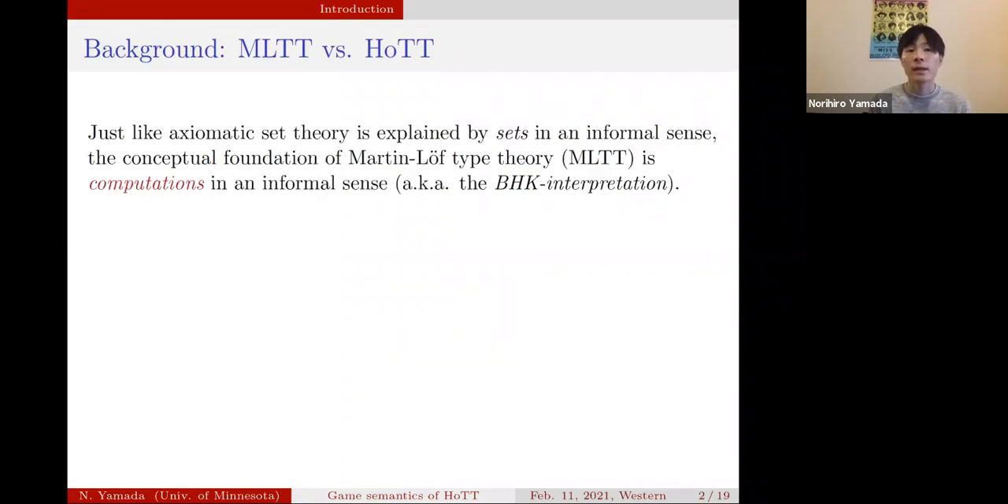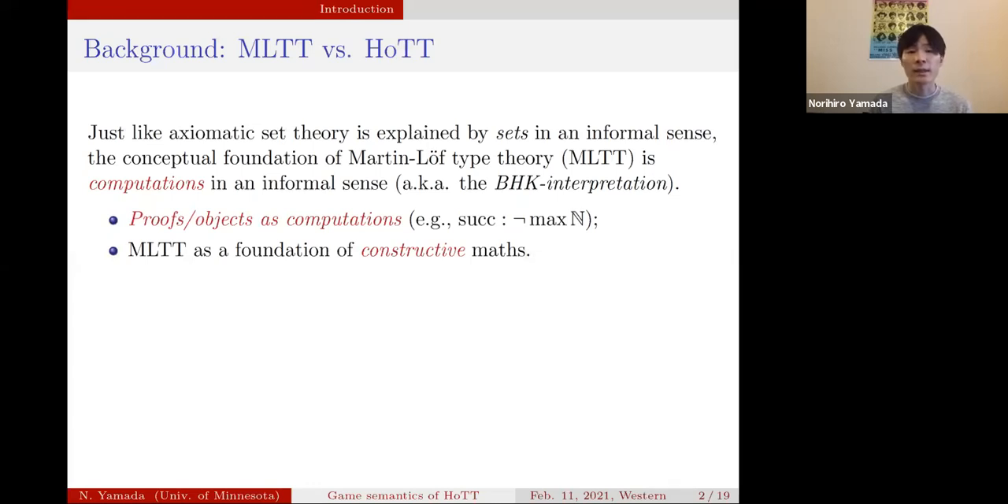Just like axiomatic set theory is informally explained by sets, the conceptual foundation of Martin-Löf type theory is computations in an informal sense, also known as the BHK interpretation. Specifically, this interpretation interprets proofs and objects in constructive mathematics as computations. For instance, the successor function can be seen as a proof that there is no maximal element in a set of natural numbers. And this interpretation justifies MLTT as a foundation of constructive mathematics because it interprets everything as computations